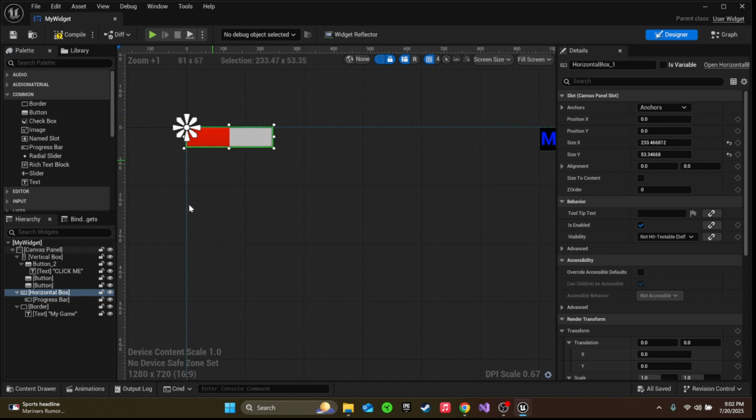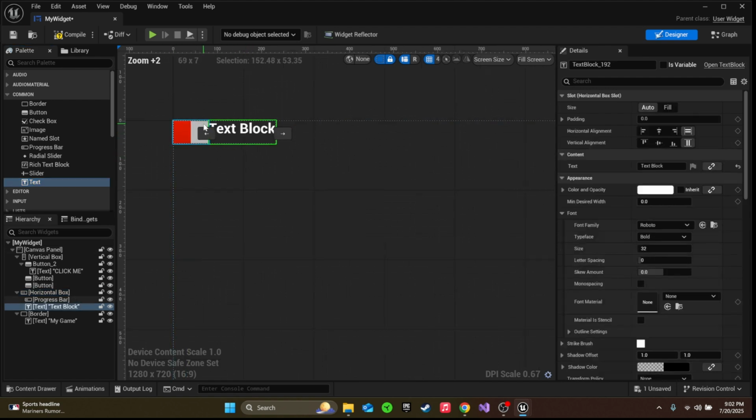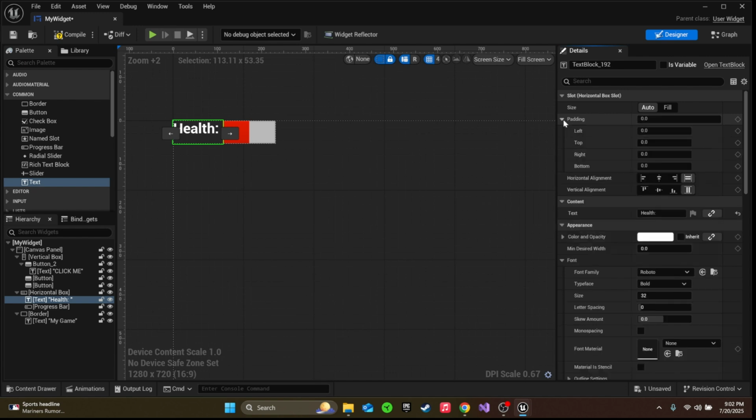So this health bar we have here, we're gonna go ahead and add a text box in this same horizontal box next to the progress bar. And then we move this text box to the left and we're gonna call this health. Okay, we're gonna call it health. We're gonna go ahead and add some padding to this too. So let's say we're gonna extend on this and add maybe like 10 padding to the left and 20 to the top,